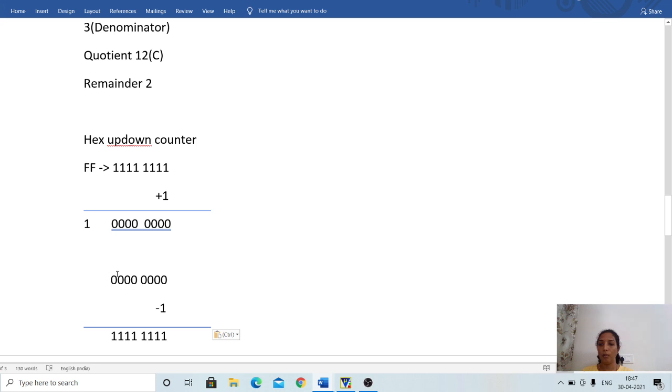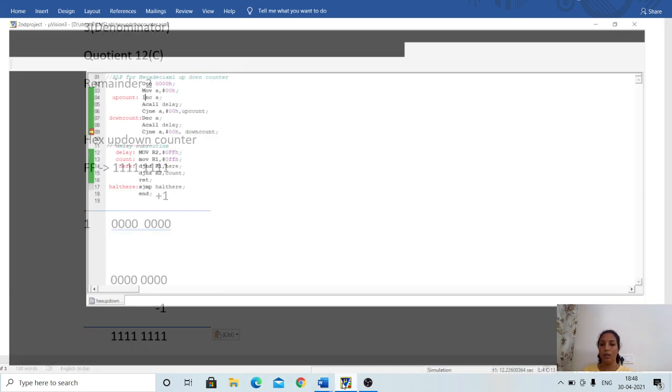So you will take a borrow, this bit becomes 2. From 2, you will take 1 as a borrow to the next bit. So this becomes 1, and when 1 is taken as a borrow to the next number, that becomes 2. Like that it happens. Ultimately, when you take a borrow to this bit, this becomes 2. From 2, if you subtract 1, you will get 1. Again, 1 is remaining here, 1 is remaining here. So if you subtract 1 from 0, you will get ff, right?